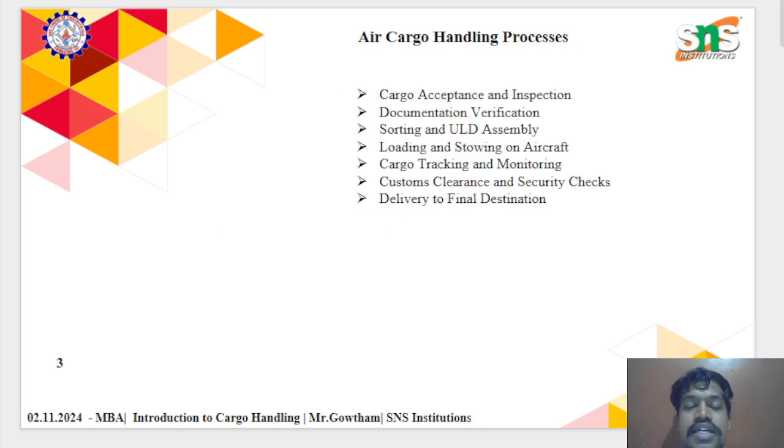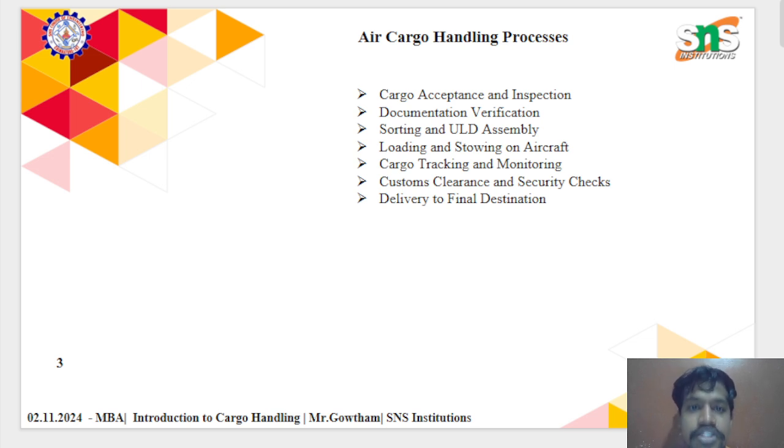Next one is the air cargo handling process, how it will be made. The first one is cargo acceptance, then inspections, then next are documentation, verification, sorting, and ULD assembly. Next one is the loading and stowing on aircraft, cargo tracking and monitoring, customs and clearance, and security checks, delivery